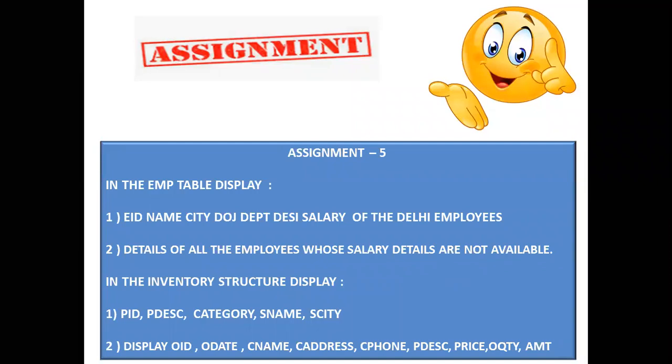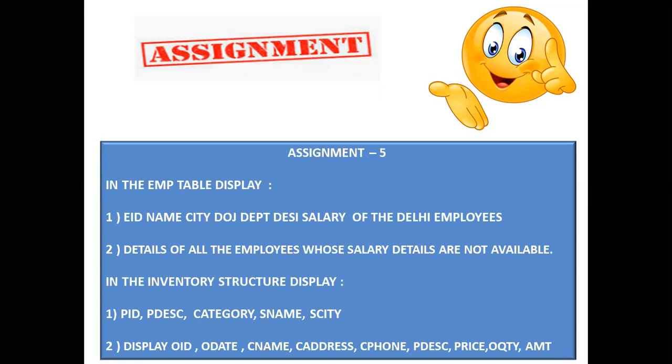In the inventory structure, display product ID, product description, category, supplier name, and supplier city. So this is a join between the product and the supplier table. Now another one is a good one. It says display order ID, order date, customer name, address, phone, product description, price, order quantity and amount.